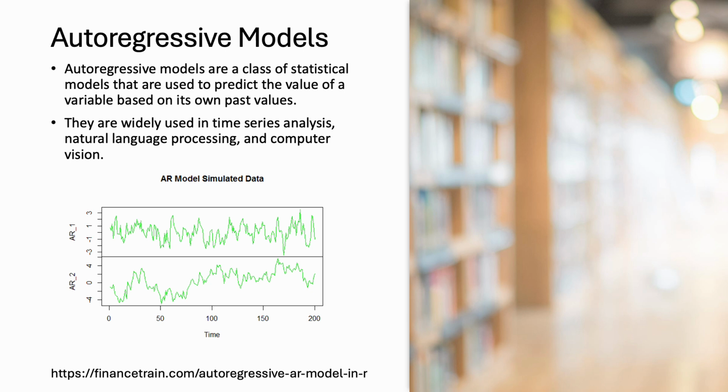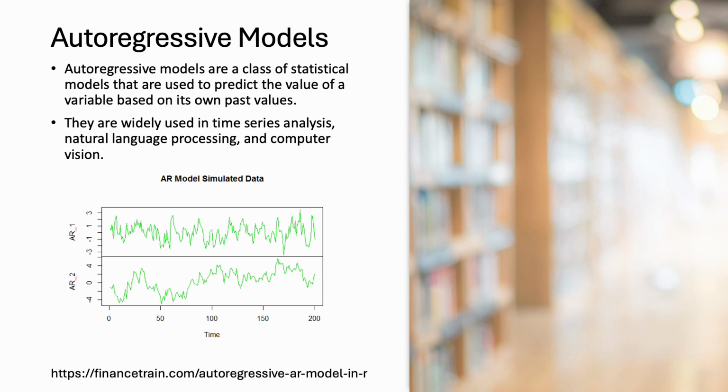Deep learning is a subset of neural networks that gained significant attention in recent years due to the ability to achieve state-of-the-art results in various tasks, such as image and speech recognition, natural language processing, and game playing. Other types of AI models, including decision trees, Bayesian networks, and support vector machines, each with its own strengths and weaknesses, are used in different types of problems and applications. Now let's look at autoregressive models together.